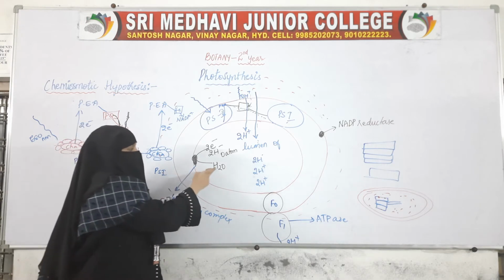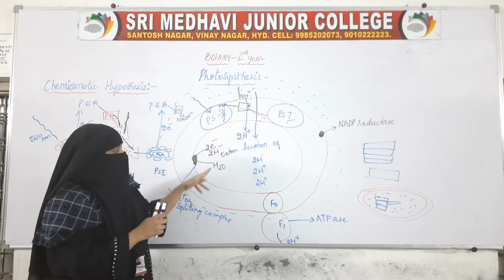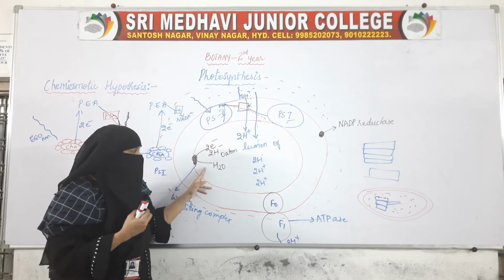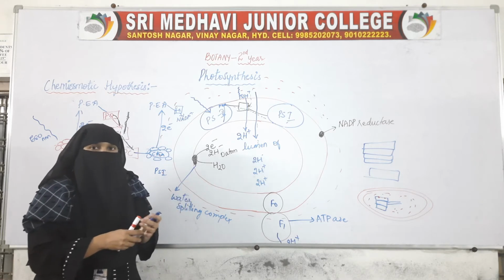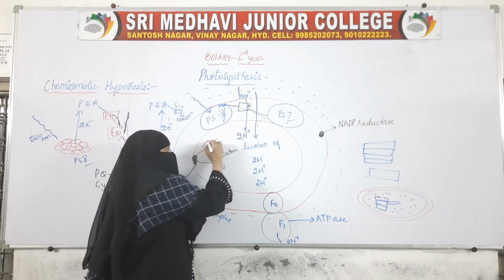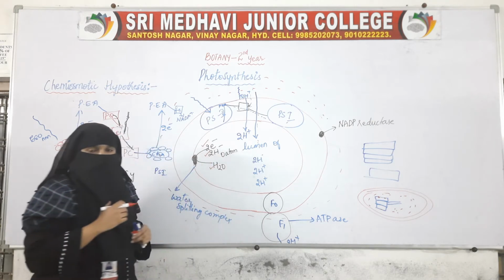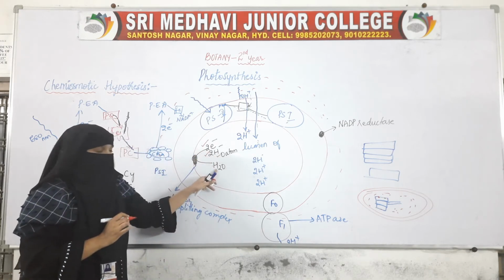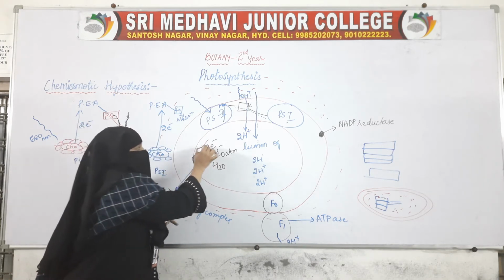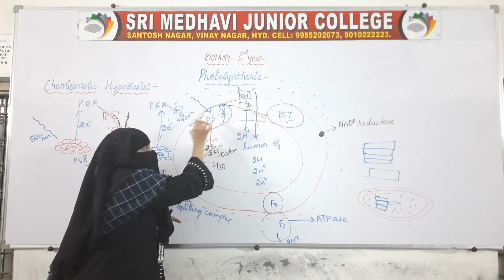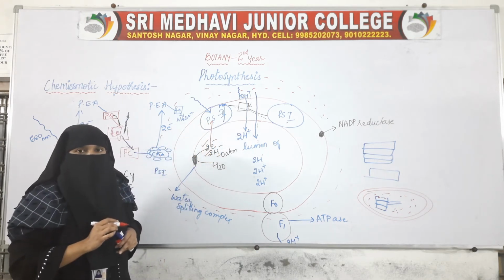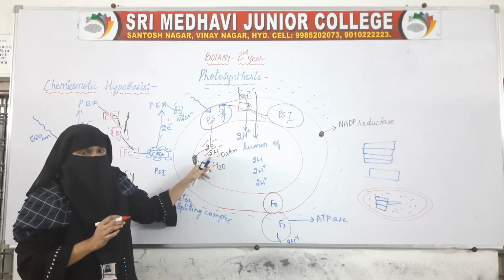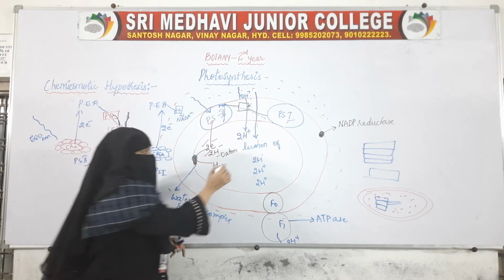So after this one, this happened. Water is also splitting. This is called photolysis. During this photolysis, what we have got is electron, proton and oxygen, when the water is broken down. So now the electron will go back to this PS2. Now what happens to the rest? Protons are there, and oxygen will be released in the lumen.